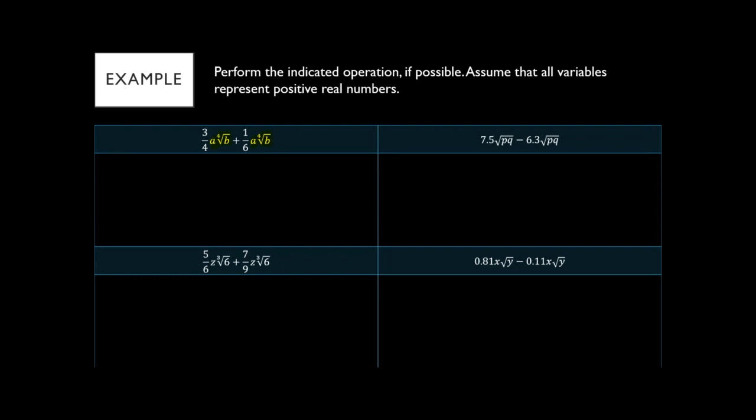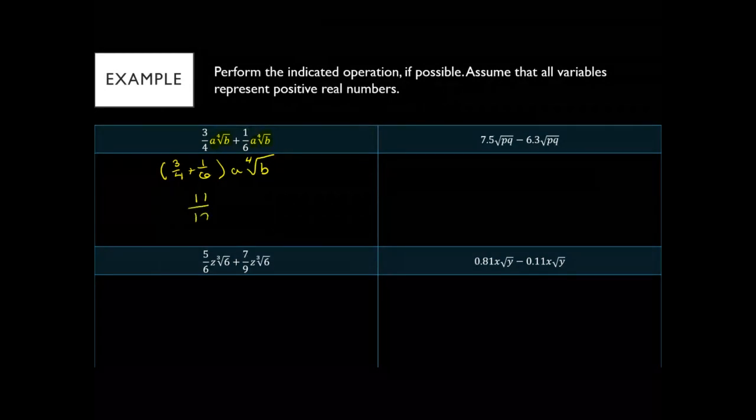So I'm going to actually write that out right here, so that way in your notes you know what's going on. Because otherwise, if you just wrote down the answer and did that on your calculator, you might be like, how do we get this number? So I'm going to just use my calculator to add these fractions together. Just makes our lives easier. And when you add 3/4 plus 1/6, you get 11/12. So our answer is 11/12 times a